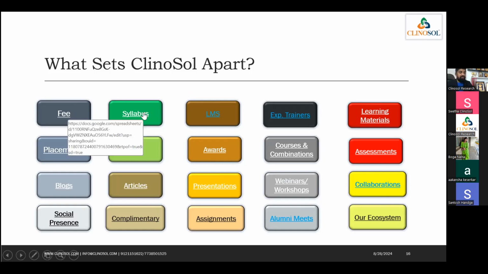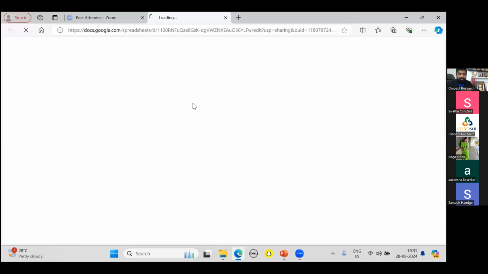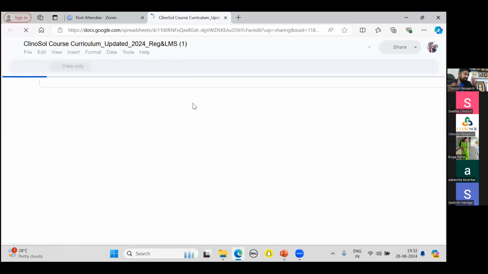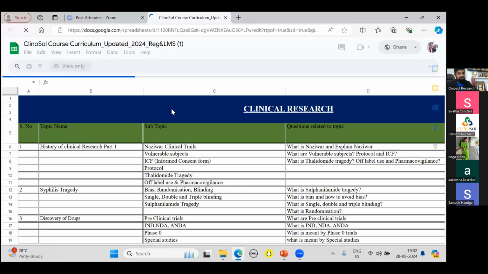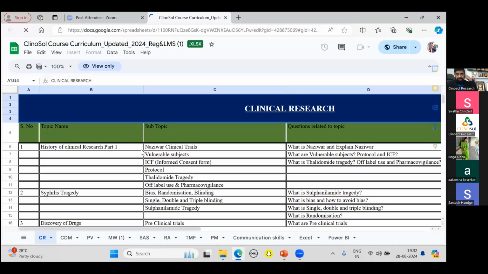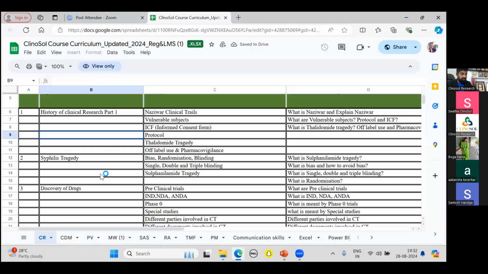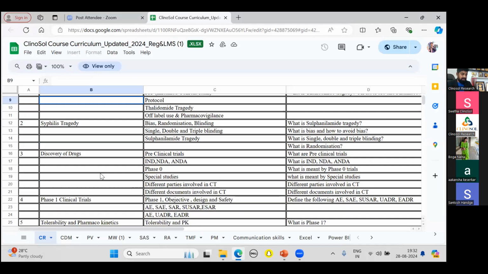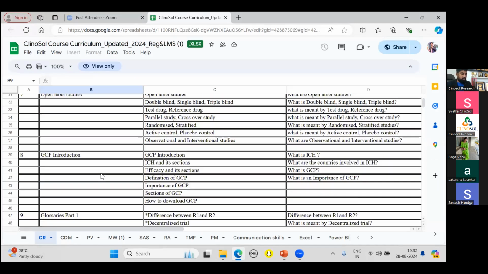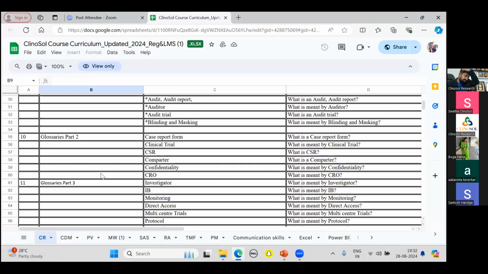Okay. So now the syllabus. First, I'll show the syllabus for different courses, including CR, CDM, PV, medical writing, and regulatory affairs. So this is the syllabus which we have. This is already uploaded in the system, and once every 2 months we upload the syllabus, we keep on looking into the syllabus. So this is the CR syllabus: discoveries, phase 1s, 2s, open labels, and designs, and glossaries, and